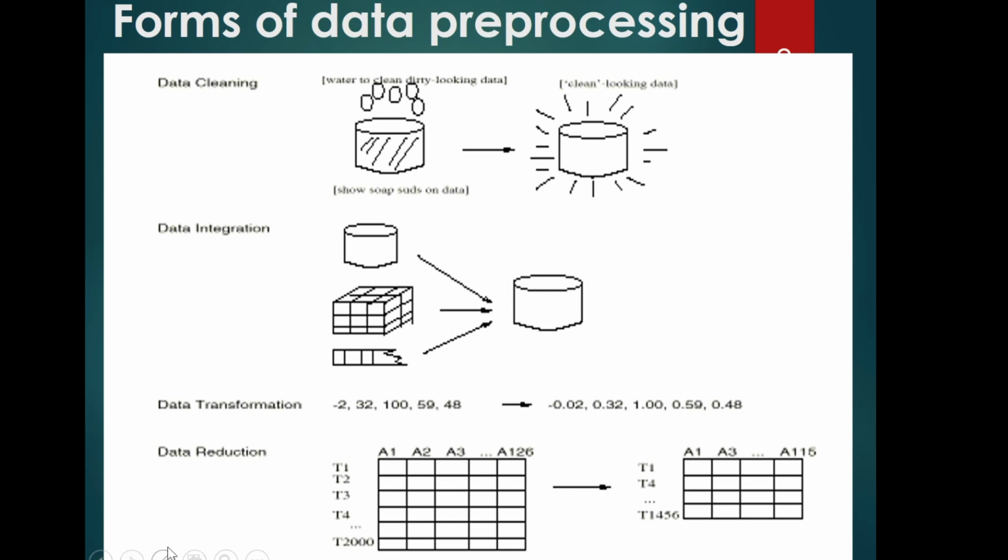So we'll be dealing with each and every type of data preprocessing. So that's all about the